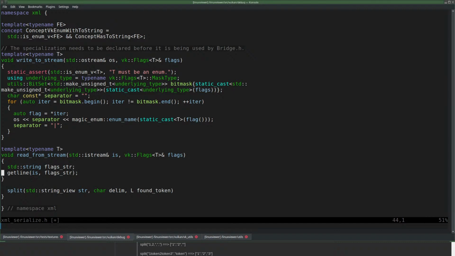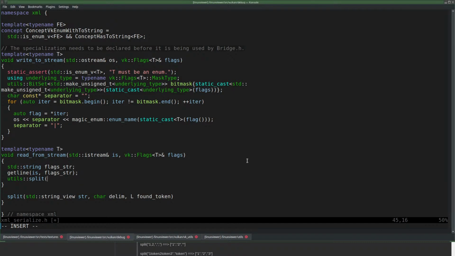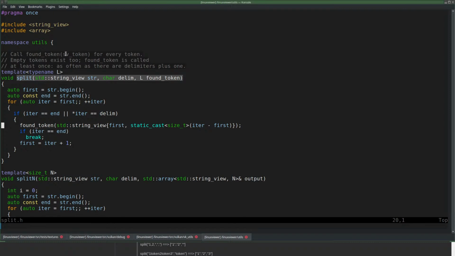Let's just read everything. String view.